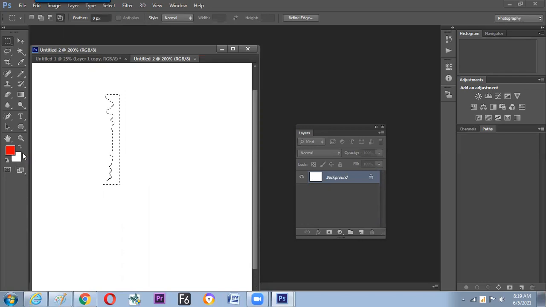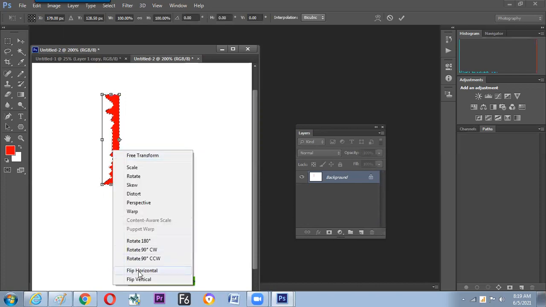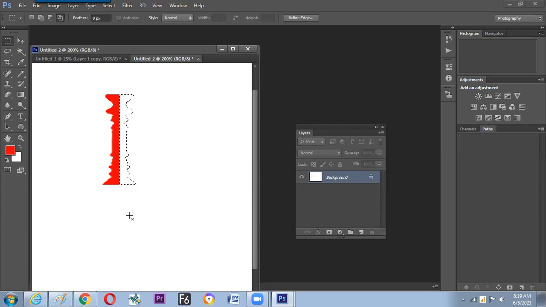Now can I fill the color? Yes. Then we can experiment with transform selection, changing the reference point, flip horizontal, and fill the color.